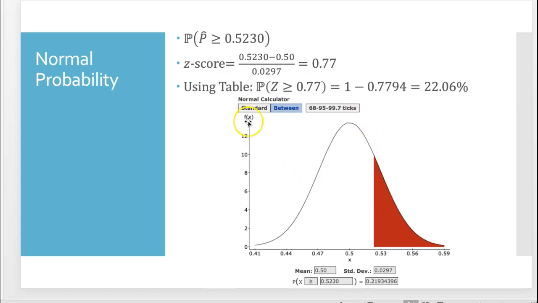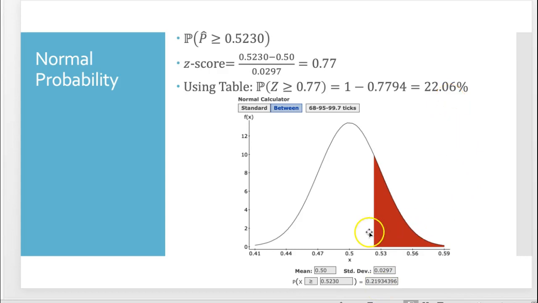And then of course in StatCrunch, we could just calculate this. The mean here is 0.50. The standard deviation, or standard error in this case, because we're regarding the sampling distribution, is 0.0297. Then we want to find the probability of X being greater than or equal to 0.5230, so I had to switch the option here. That is actually equal to 0.21943. So in this case, we would get 21.93%